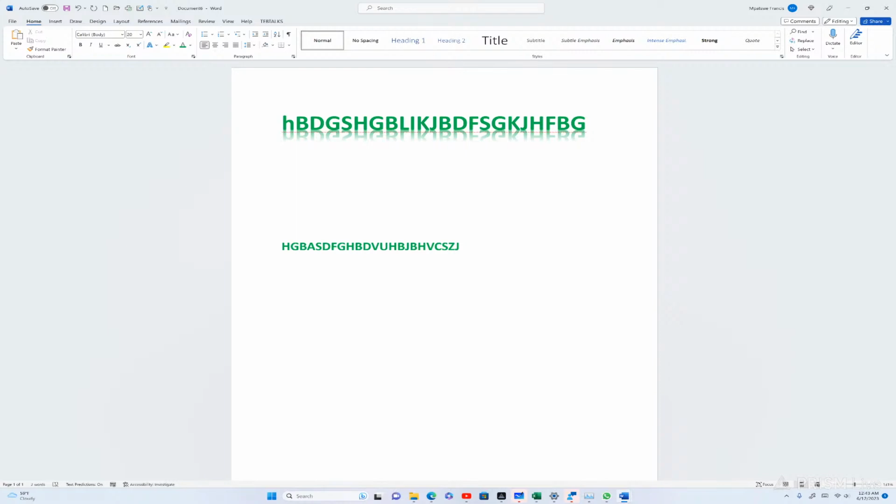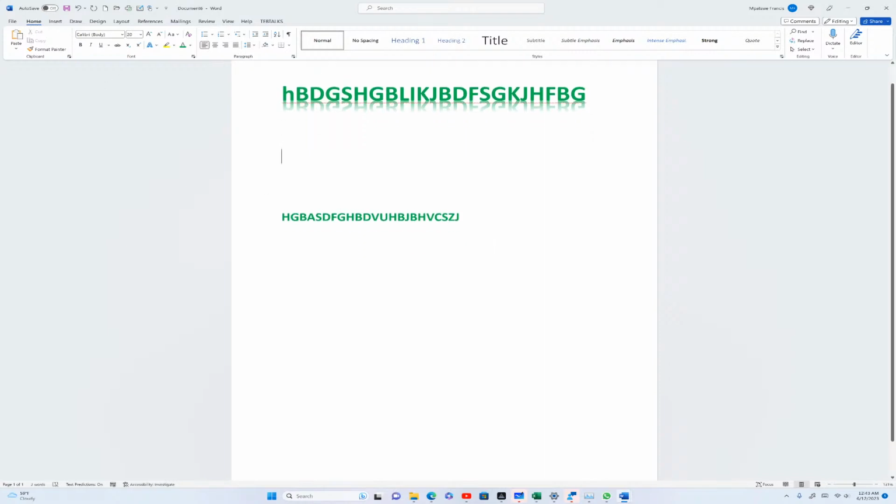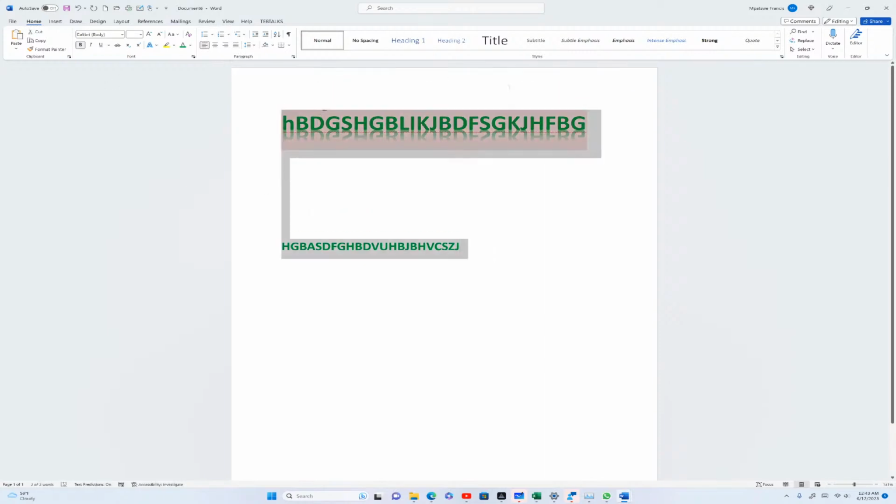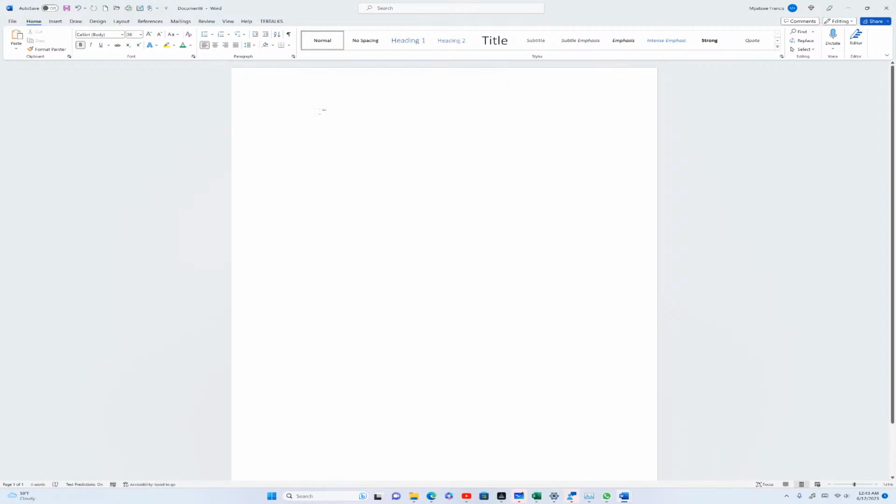So the other thing we are talking about is something to do with the paragraph. Paragraph is another group of tools in Microsoft Word under the Home tab. So we're going to look at how we can use all of this. Under the paragraph, I will first put the heading, which is a list of teachers